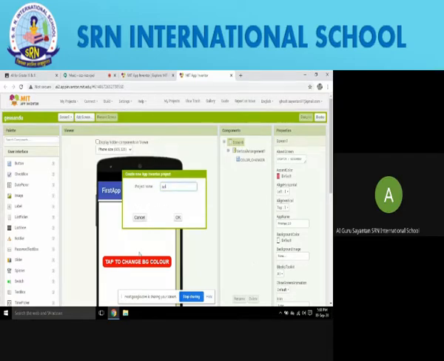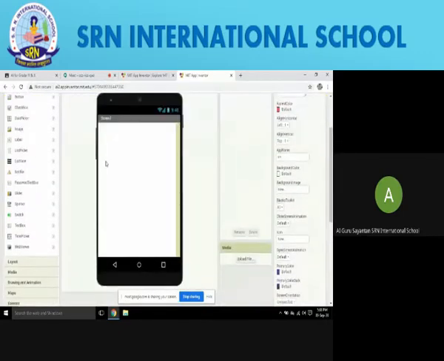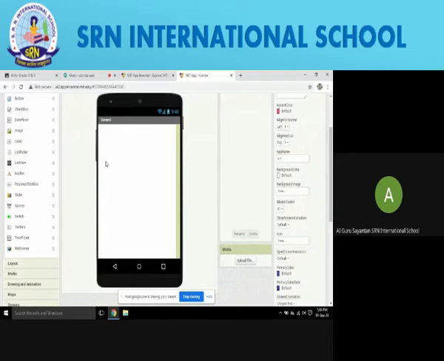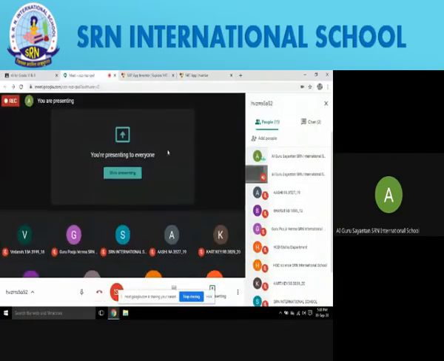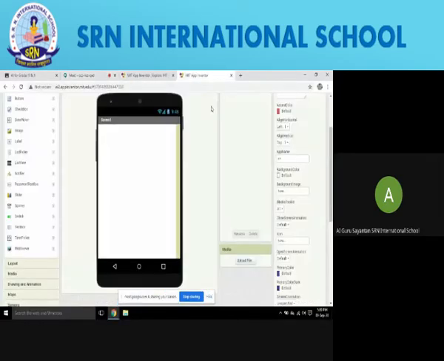I'm just giving SRN, and you will see a new page will come in front of me and you can see a phone's prototype is there on the interface. So why is the phone's prototype showing over here? Because when we create any application, we create both its front end as well as its back end. Its front end comprises the design, the outer look of the application, and the back end consists of the code, which will make sure that whatever we want the application to do, it does that thing.